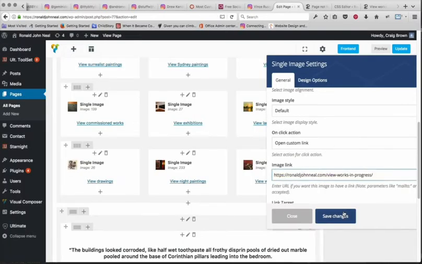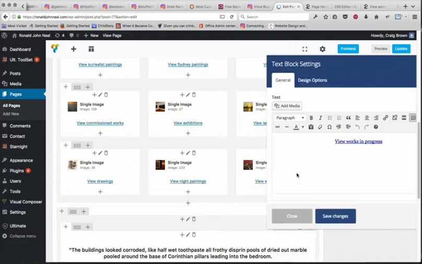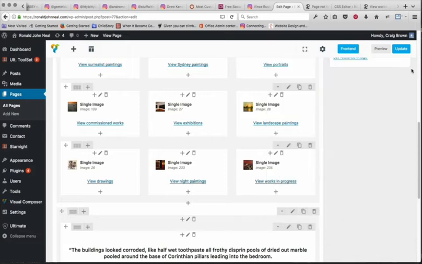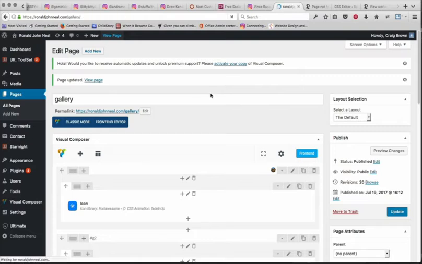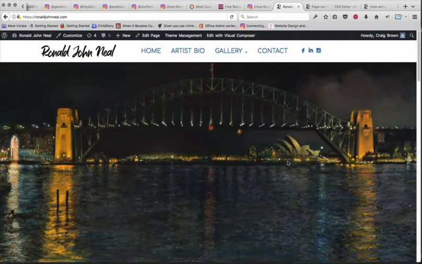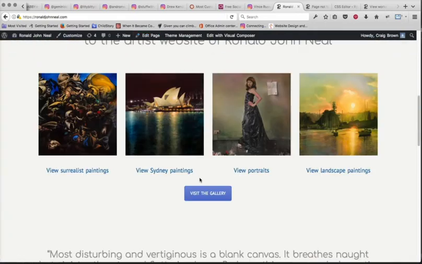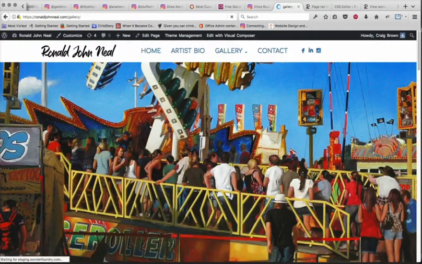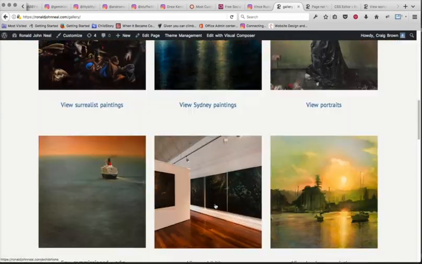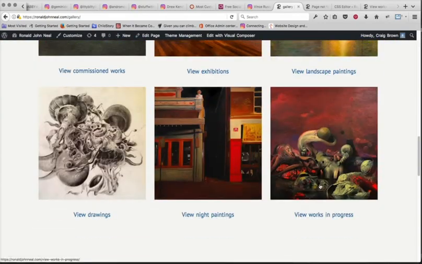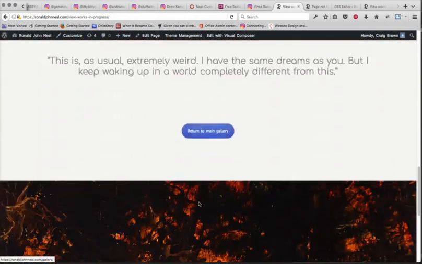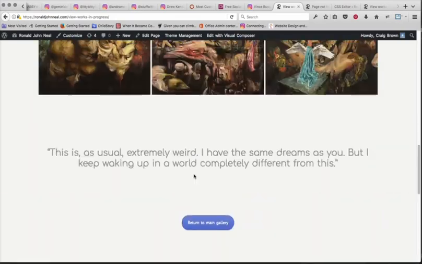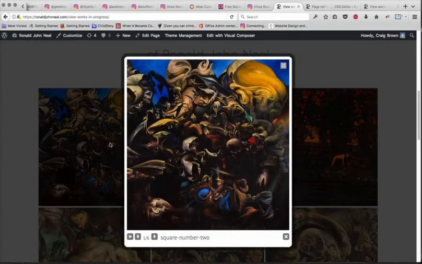So, put that link in there. Also update this one. Put that link in there. Update that. We'll also need to update the home page because, has that got works in progress? Oh no, we don't have works in progress there. It's only in visit the gallery. Okay, so works in progress. So now it takes us to this page which you need to update. Yeah? Alright. And then your next question was,